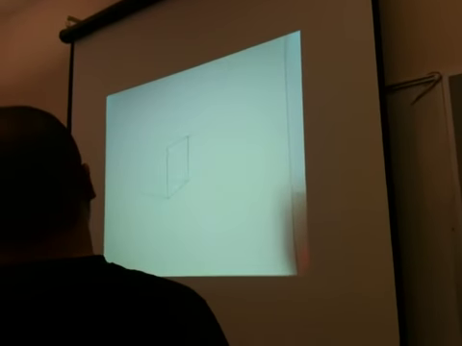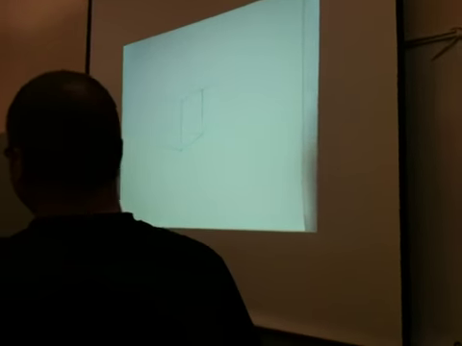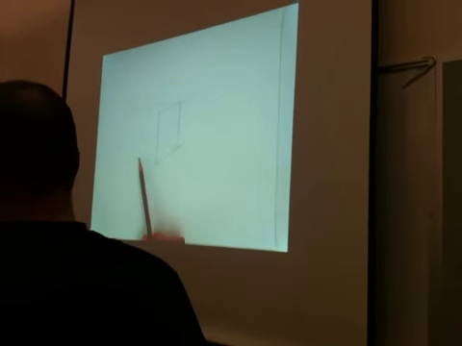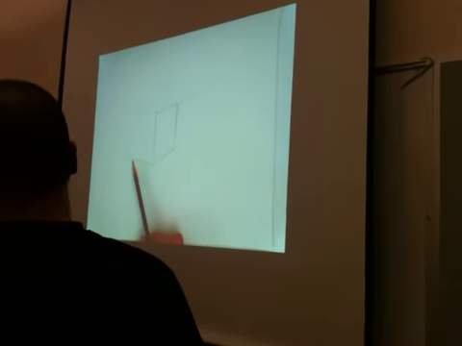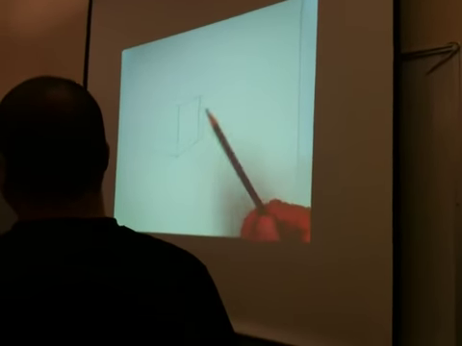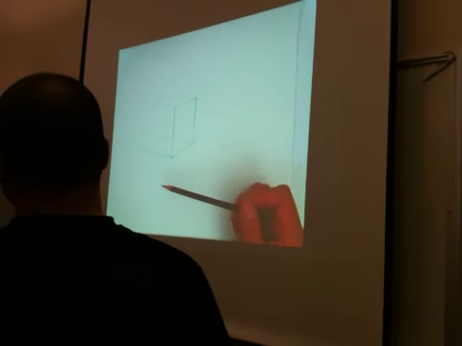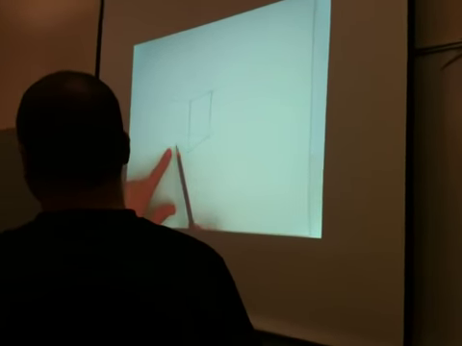One of the things that I've never seen in a perspective book, but I would encourage you to do, is this. When you're drawing these cubes, try to think of the cubes not as six sides, not as six squares, not as individual lines. Try to think of them as three sets of four lines. So you've got one, two,